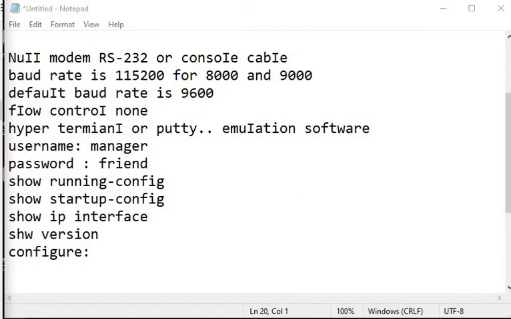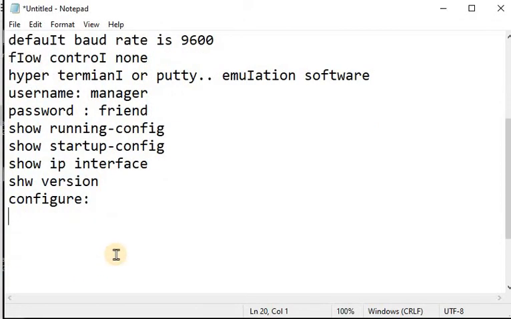First of all, if the switch will be used without a VLAN, then you can immediately assign it an IP address. To assign an IP address, first you will use the interface command, and next you type the VLAN name and VLAN ID. I say it is vlan1. So now I am inside VLAN 1.